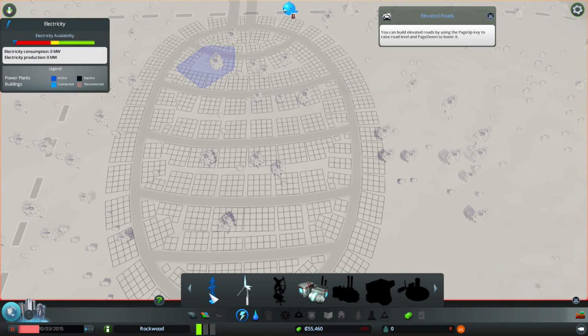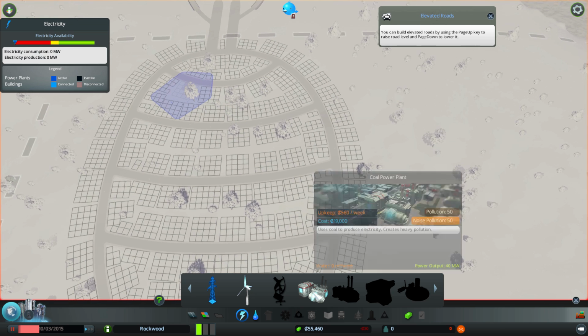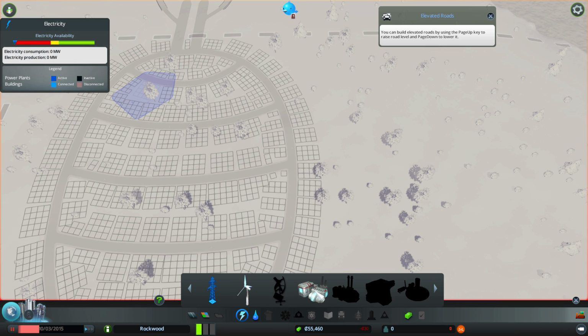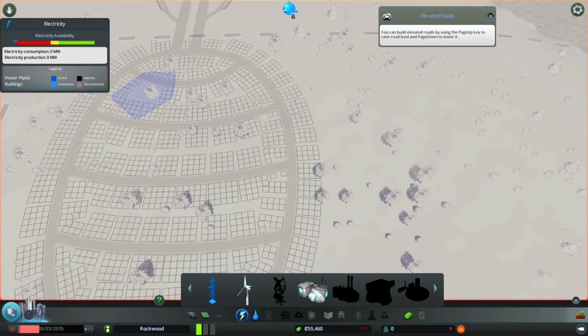Now, in terms of resources in this game, or energy, you have two choices from the very beginning. You can do the coal power plant and the wind turbine. As of right now, they might patch the game to make it a little bit different, but it's very, very smart to always go with the wind turbine. Always. The coal power plant is going to cost you more, and it's going to be...